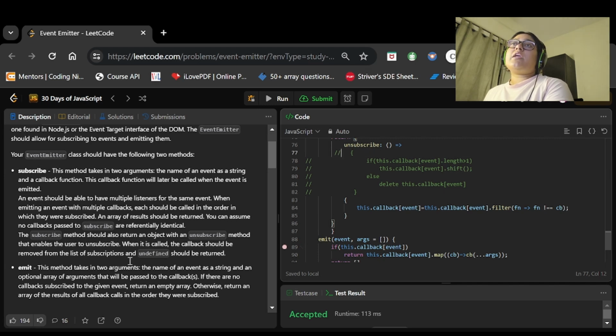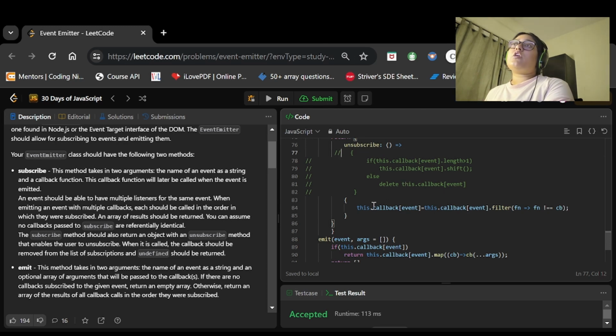Now for the unsubscribe method, we were told that we need to remove the callback function from the list of subscriptions, and we need to return undefined. And for almost all the test cases, this was correct. But there is a chance that the callback function is not present at the top of the list.